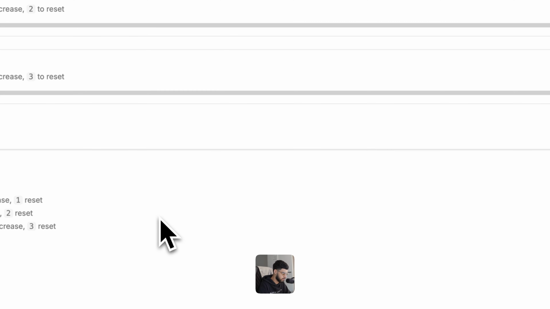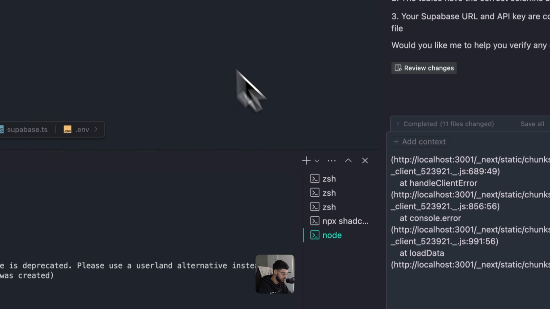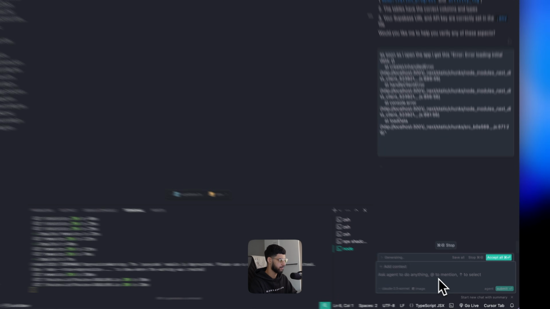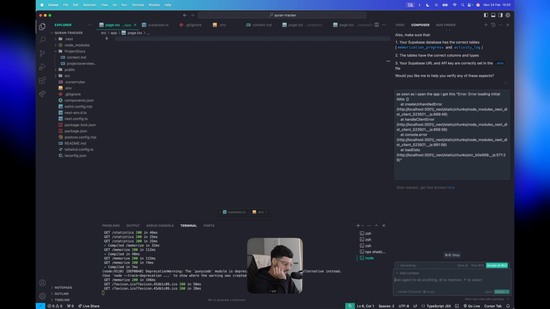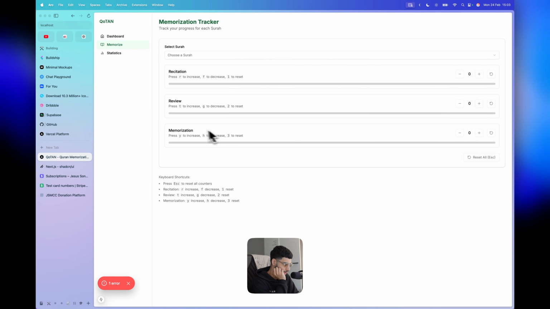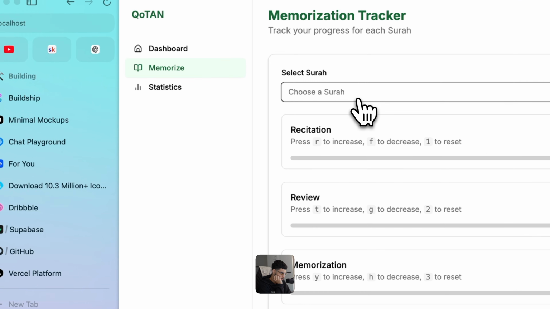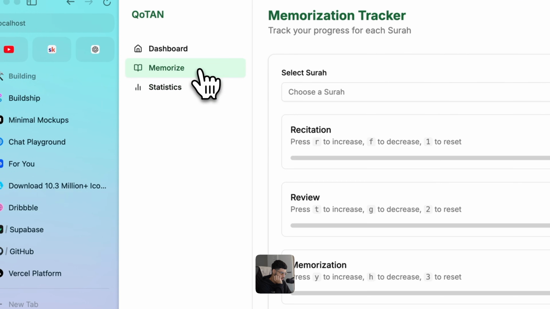And then what happens if I try and increment? Oh, it doesn't even work now. Okay, cool. Let's hit that. Maybe it's trying to save the data in real time, which is causing the problem. And all the sorters have gone now, so it's like it's not putting anything from Supabase.